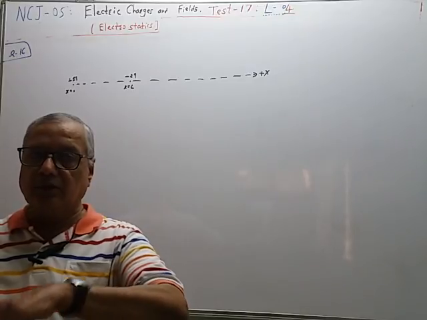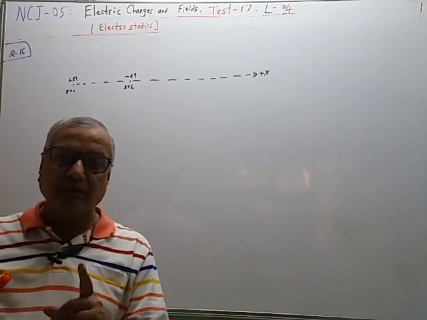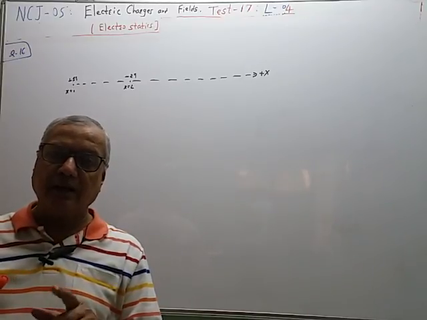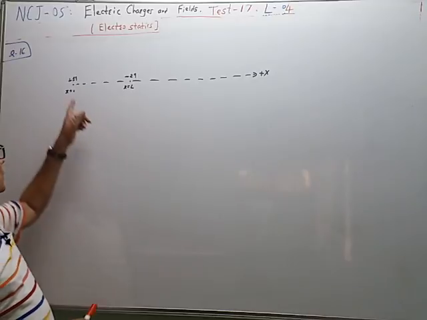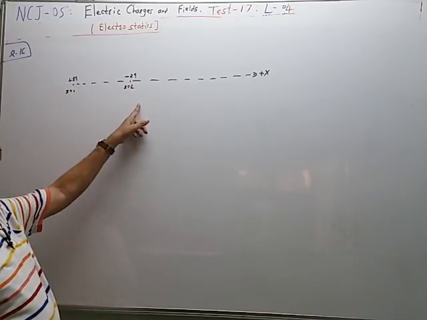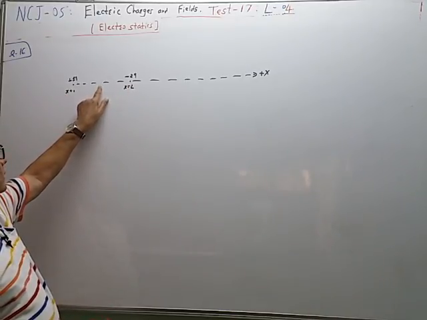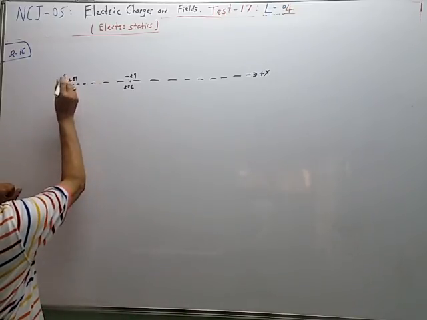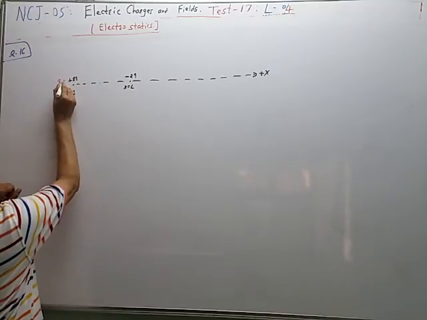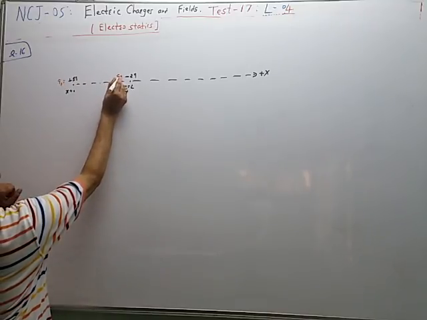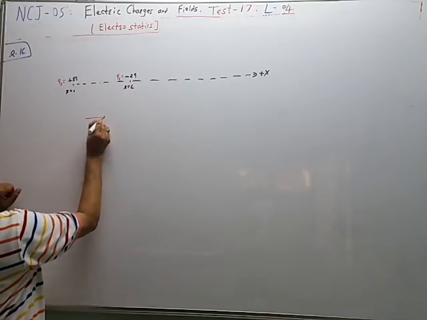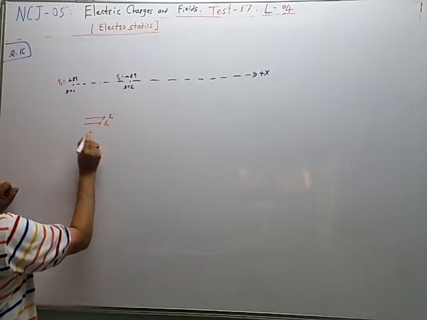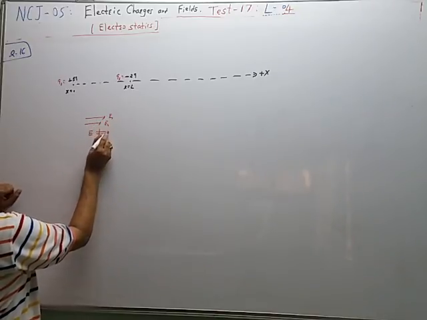field intensity becomes 0. So we know the rule. Electric field intensity is directed away from positive charge and it is directed toward the negative charge. So the point cannot be between these 2 points. Why? Because if we consider the point here, then at this point, the electric field intensity due to this first charge. So this is Q1, this is Q2. So at this point, E1 is in the direction, E2 is also in the direction, so they will add. So E is never 0.